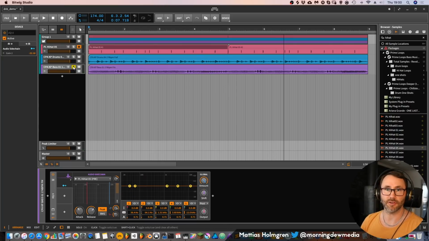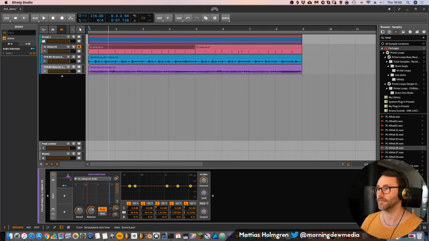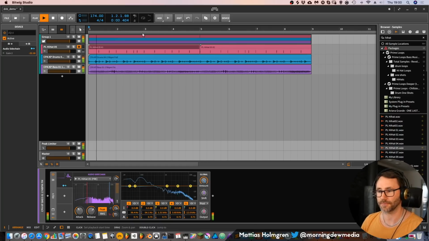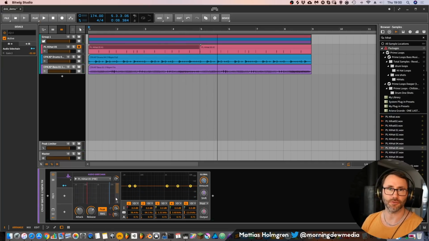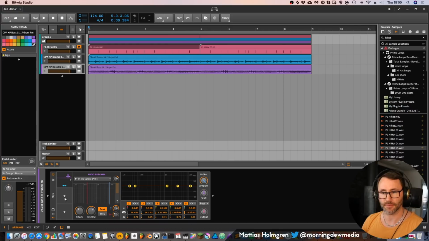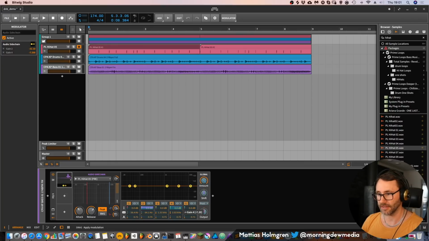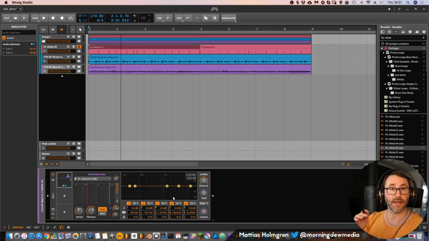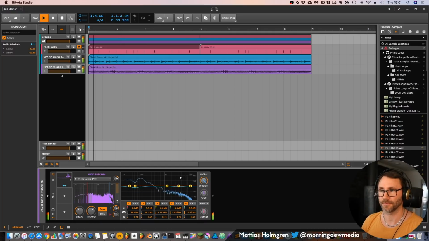So now we will probably have a much more clear mix as the kick is coming through in the low end. If you also need to clean up a little bit of highs from that bass while the kick hits, you can also find the cue point up here where you have the clickiness of the kick. It's probably around 4K or something. And you can also modulate a little dip there, so you also reduce some gain in the highs here.